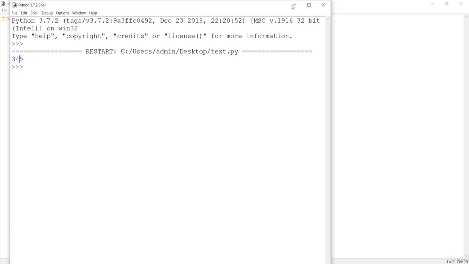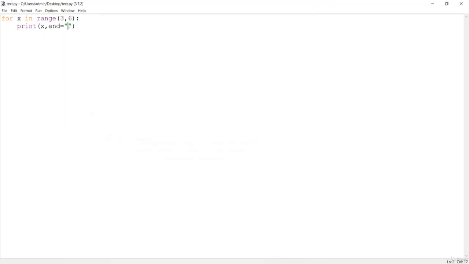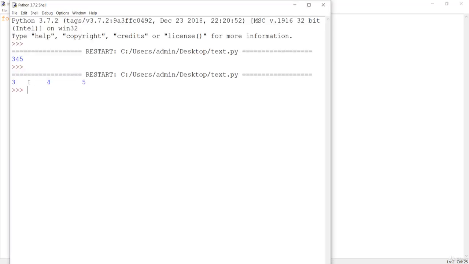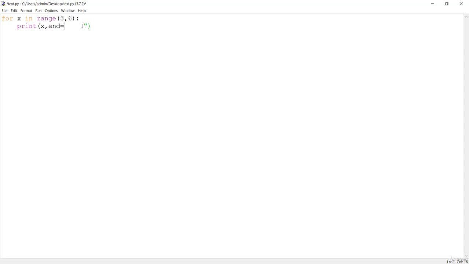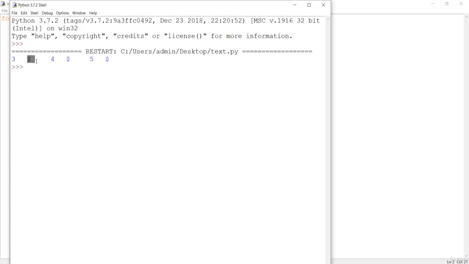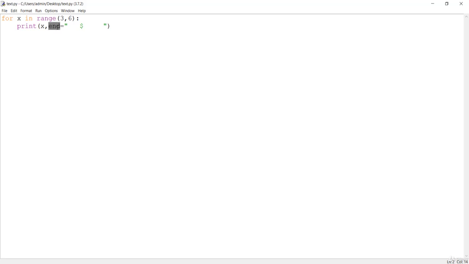The end attribute lets us put space between each number while printing. You get these spaces between the numbers, as we just passed in end. If you want something in the middle of each number, let me say a dollar sign. If I save this, you will see the dollar sign between each number. So we are just formatting with this end attribute.